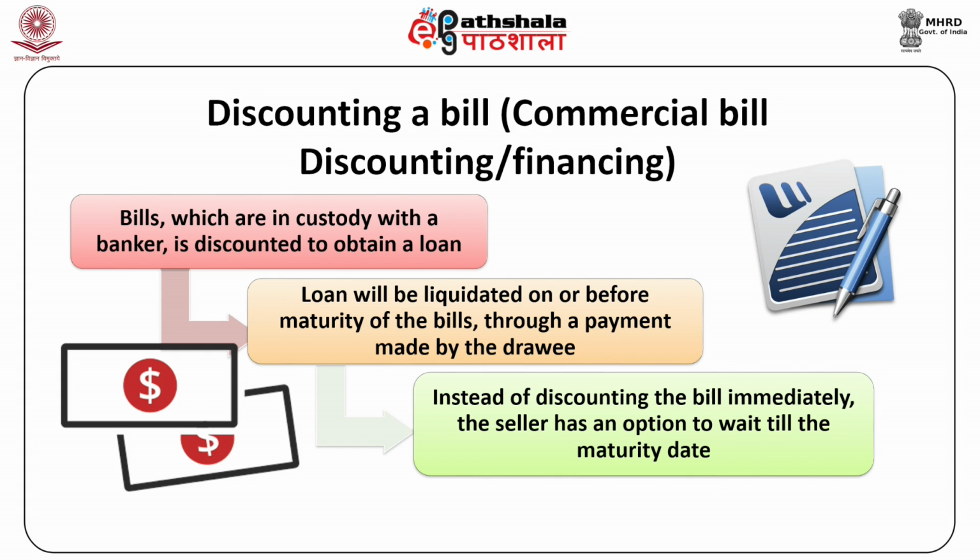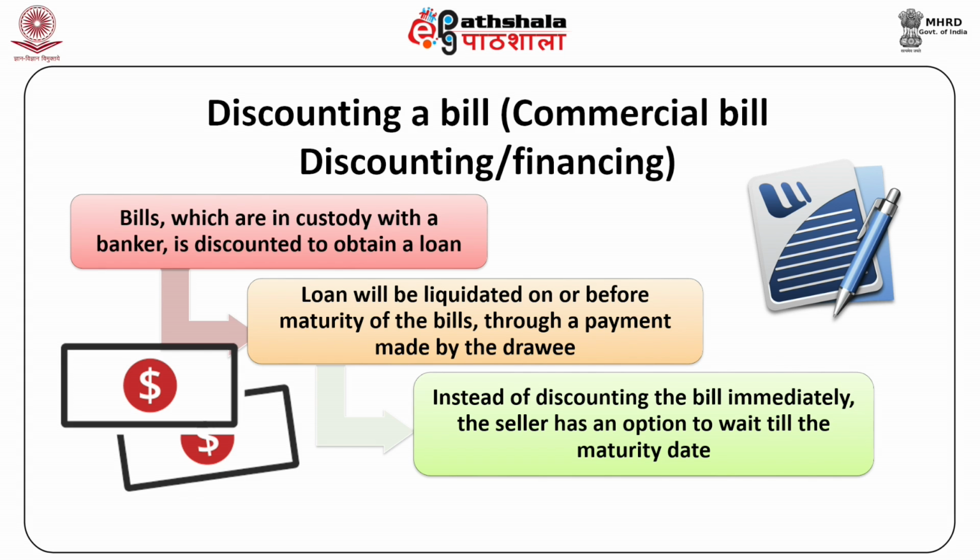In developed money markets, there are acceptance houses which, after due diligence, give acceptance for a fee, thereby imparting added security to such bills. When the drawer or seller of the bill deposits commercial bills, in short CBs, and obtains financial accommodation from a bank or financial institution, it is known as bill discounting.